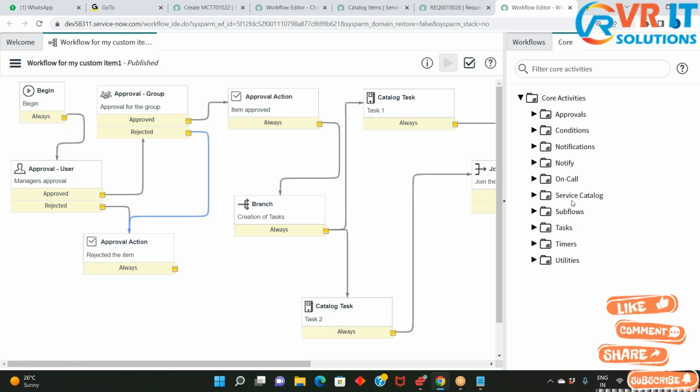Some of them are not much important. Okay, we are not going to discuss that. Only the ones which are majorly used are important. Those will be discussed now. Okay, so approvals, conditions, notifications, tasks, timers, utilities. These are all important, right? So what are these approvals? Approvals are nothing but, you see, these activities are related to approvals. So we had seen approval is triggered to the user and approval is triggered to the groups. That is done through approvals,